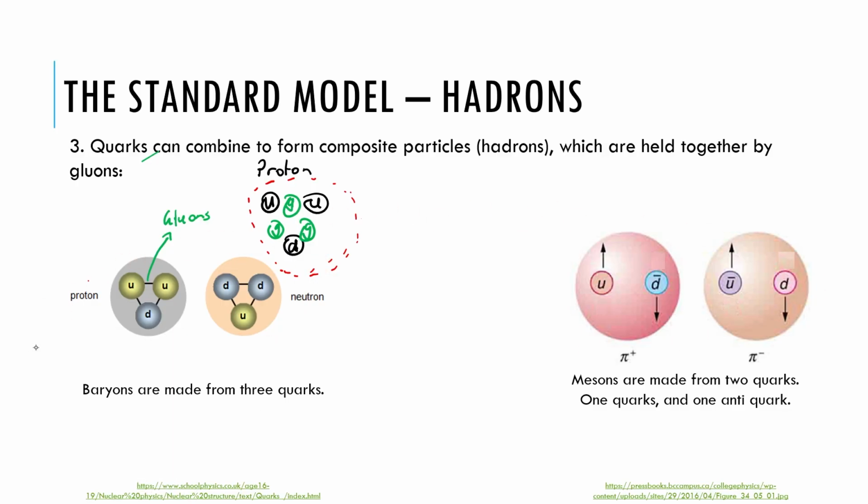So again, these composite particles built from multiple quarks are known as hadrons. If we have hadrons composed from 3 quarks, we call them baryons. As alluded to earlier in the video, baryons have half-integer spins, which makes sense because each quark has half-integer spin as well. And so if 2 are positive half and 1 is a negative half, you're going to end up with a spin combined at the end, which is 1/2.